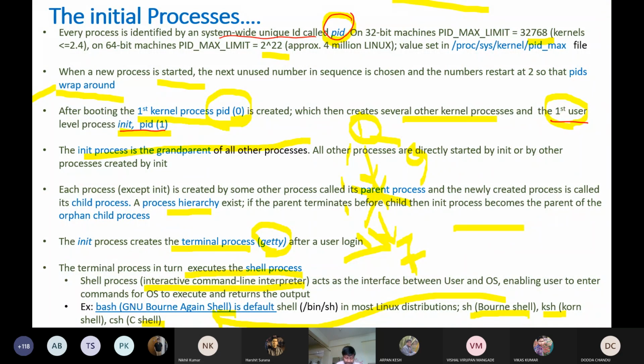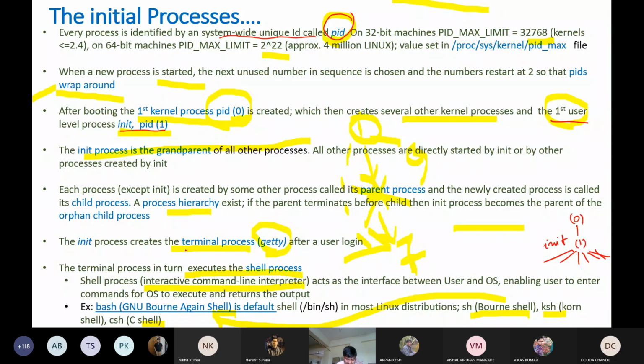Now this init process. Process 0 is anyway the trivially first process, but the first effective or useful process is process 1, PID 1, and from that PID 1, the rest of the processes are all rooted to that init process. Once the init process is created, you as a user cannot immediately start typing commands to get things executed. So this user process in turn